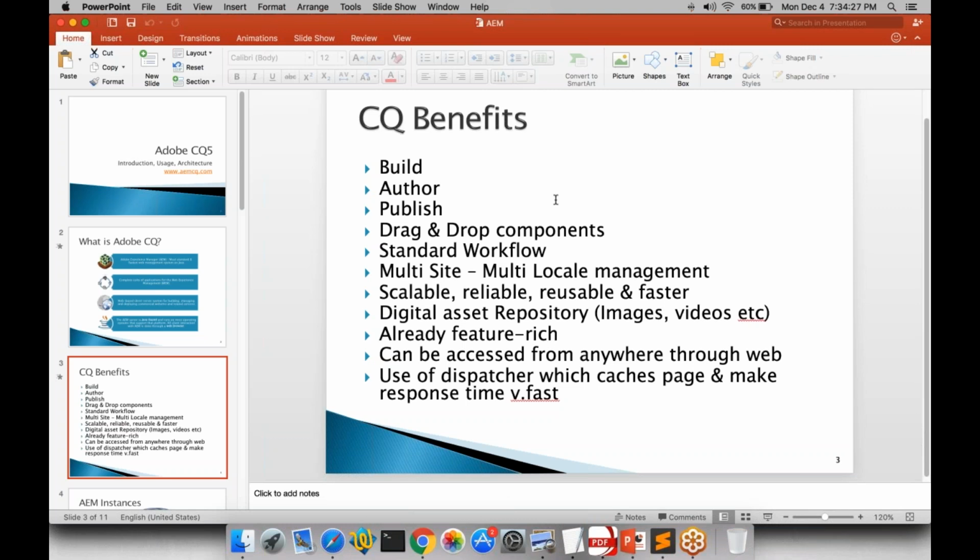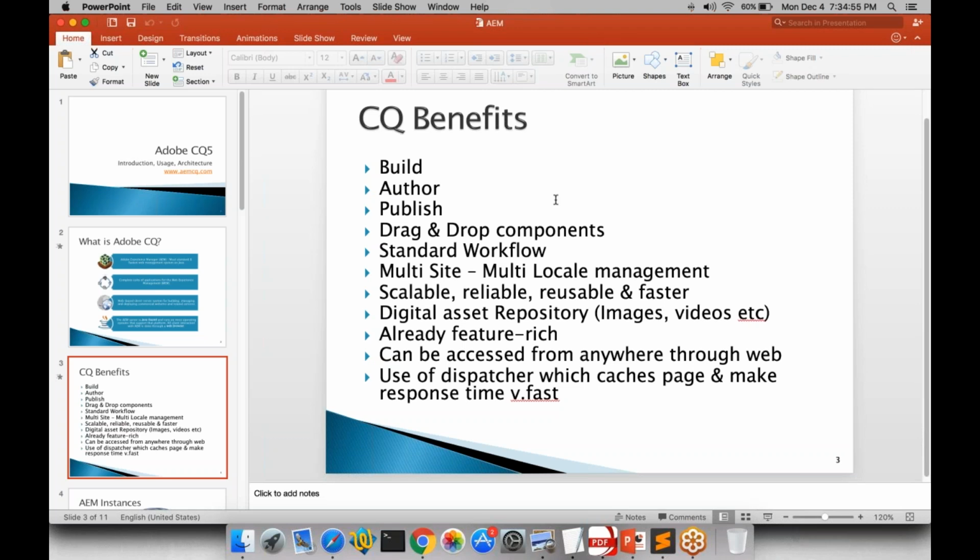So it's more intuitive, and it's not that much of a pain to update the content within the web page and then publish it to the end user. So managing a website is very intuitive and it's easy to use for the authors. So that is one of the benefits. And the other benefit is that all these are provided out of the box by the AEM framework,